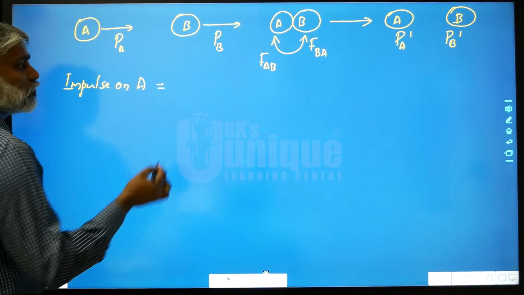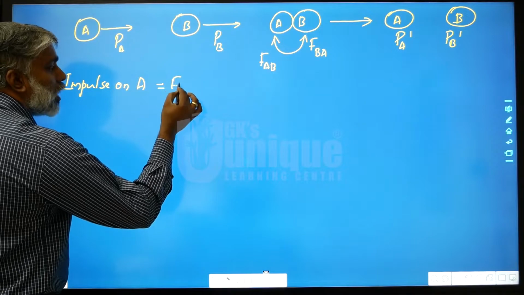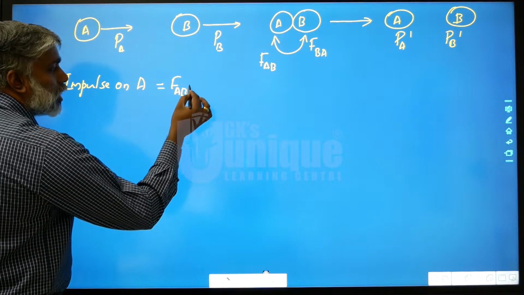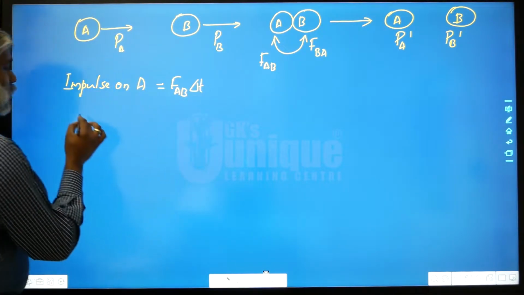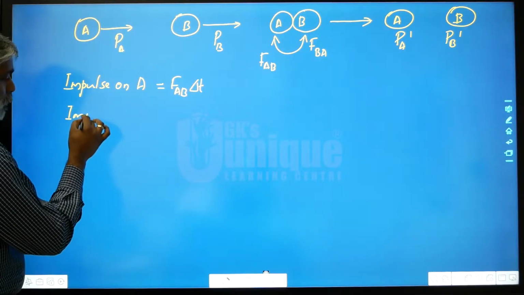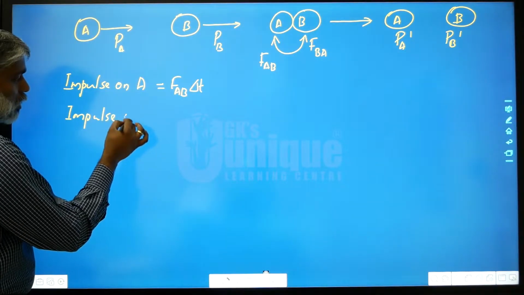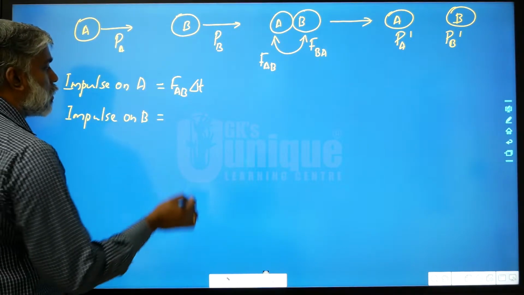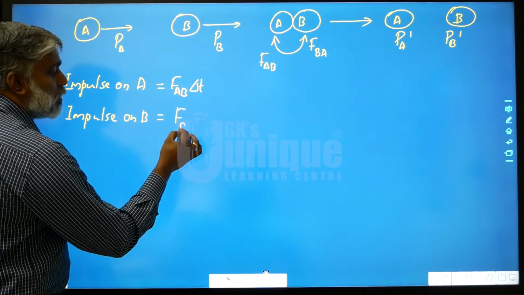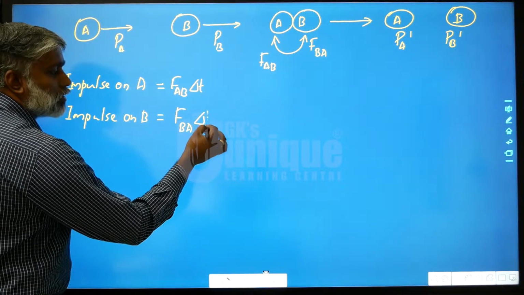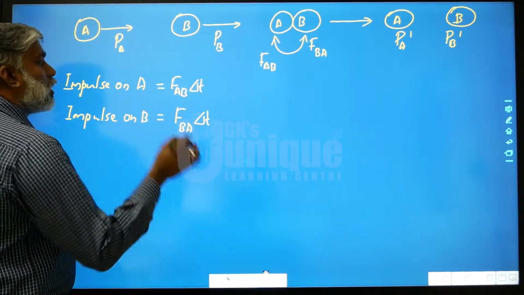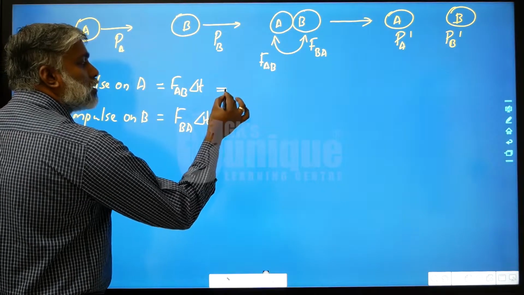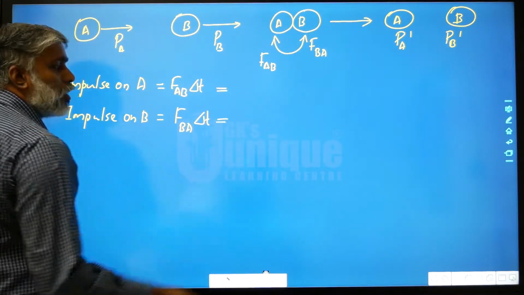Force on A is FAB, into time delta t. Then the impulse on B: force on B is FBA, into time delta t. No doubt. Now we know, according to the impulse momentum principle,